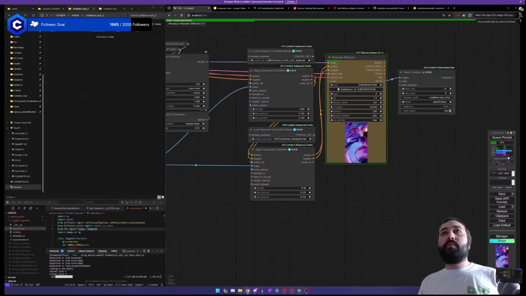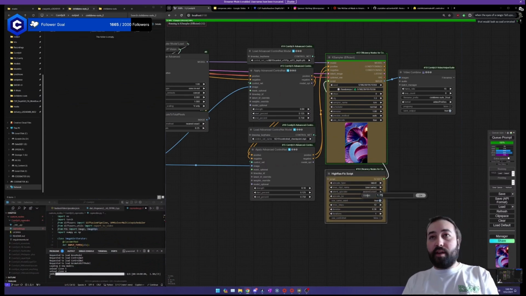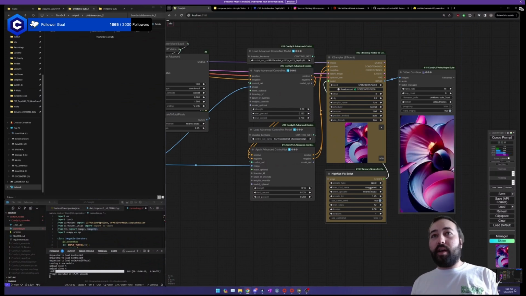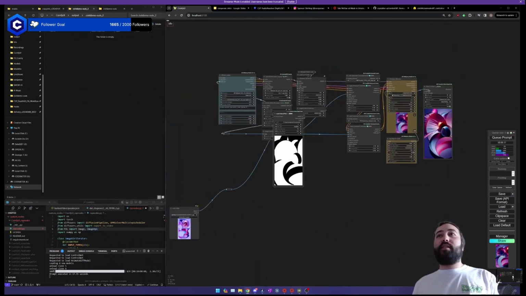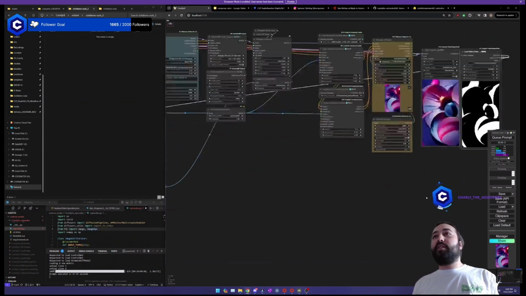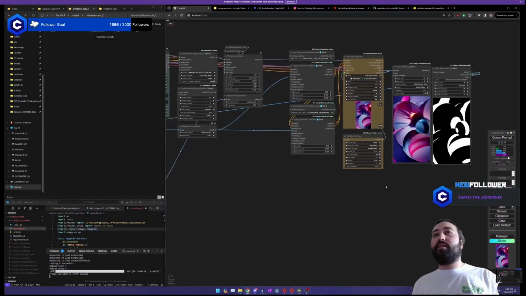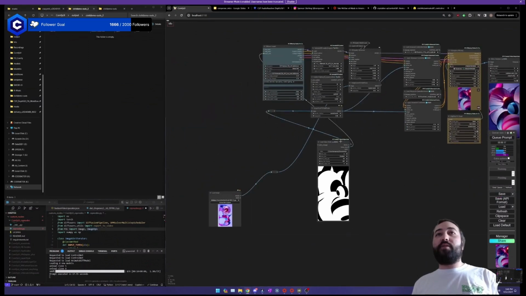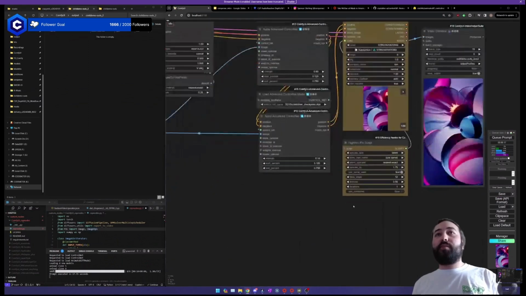Cool. So as you see, it's going pretty fast. I'm going to add a high res fix onto here. And on the high res fix, I'm going to do 1.75 for the upscale by. Oh yeah, it's looking pretty cool. If we compare it to the input here, you can see kind of how the depth is driving it to do some cool stuff. It's really giving you more precise control over these generations here.